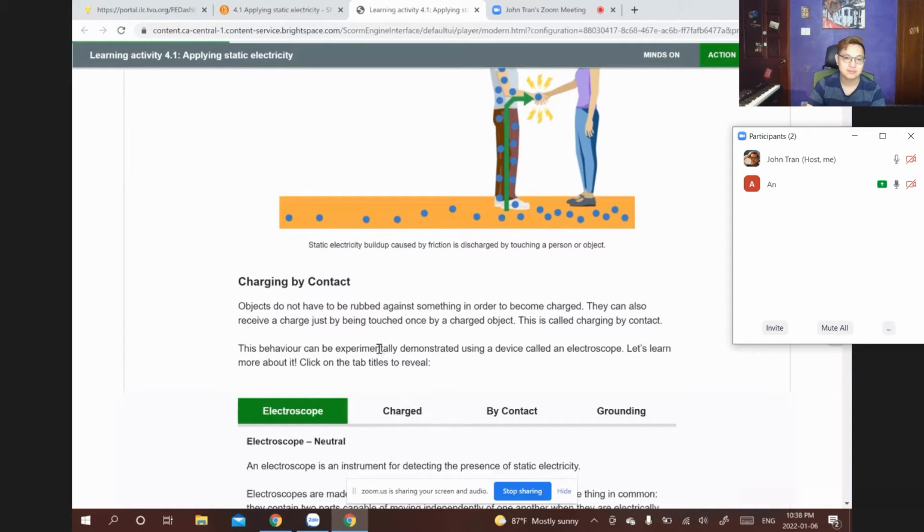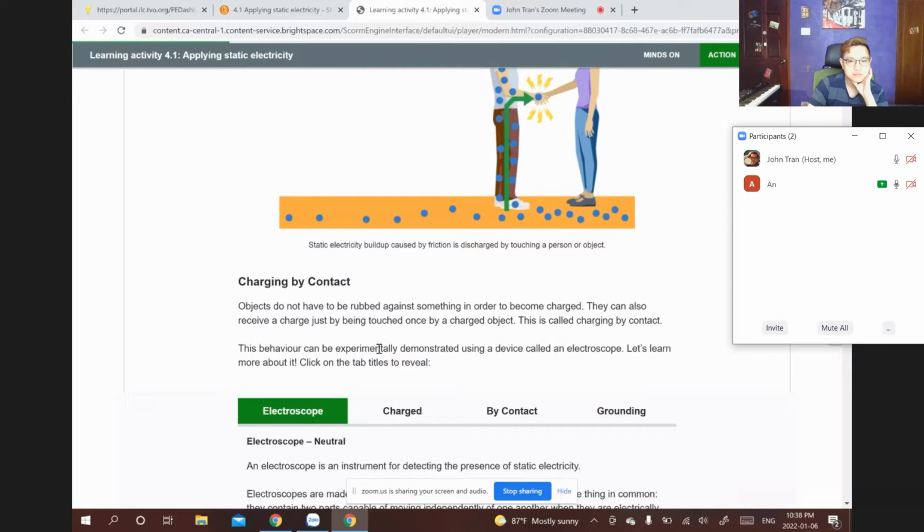Charging by contact. Objects do not have to be rubbed against something in order to become charged. They can also receive charge by just being touched once by a charged object. This is called charging by contact. This behavior can be